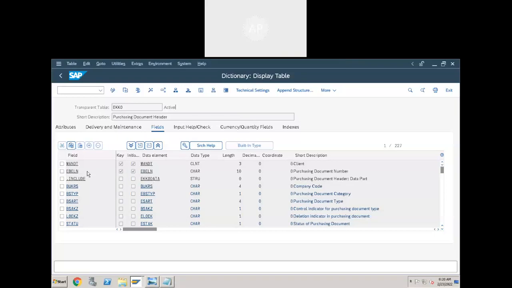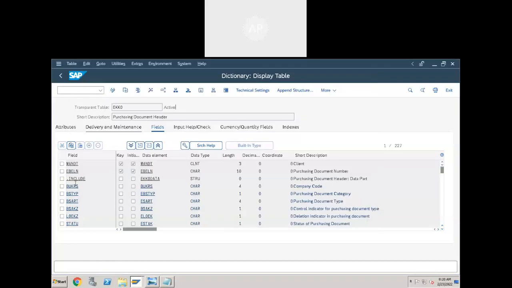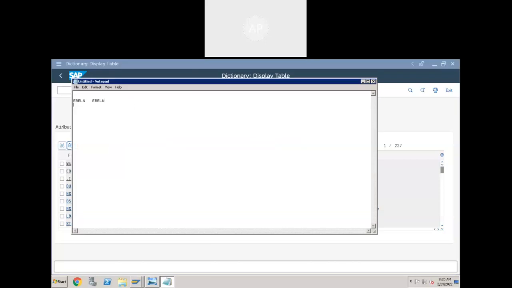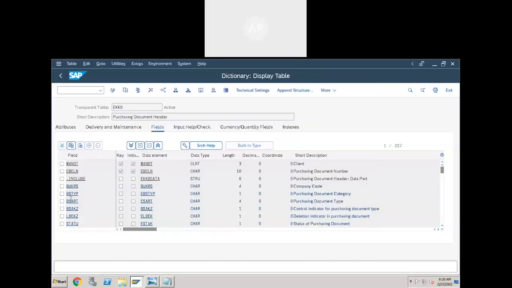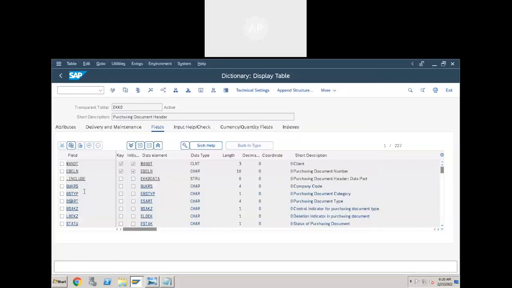Okay. First, let's select the fields from each table. From header data, I'm going to select EBELN and company code. What is the purchase document type? That is BSART. See, always select the fields in the same order.